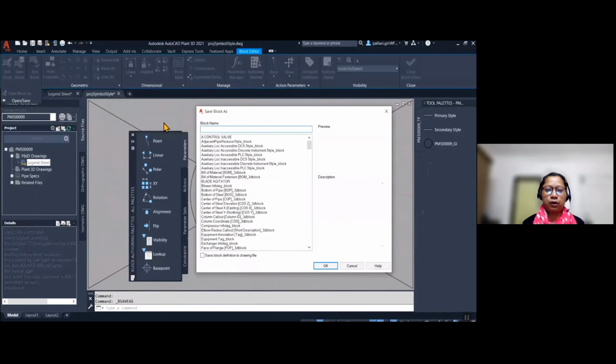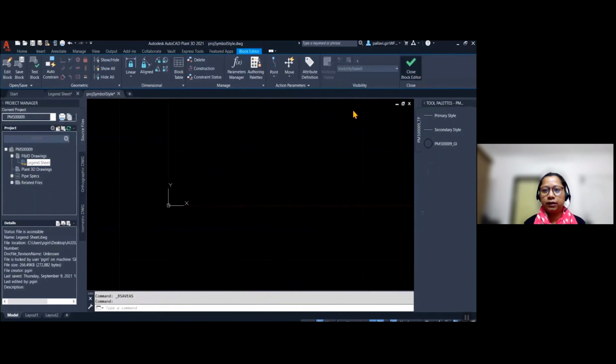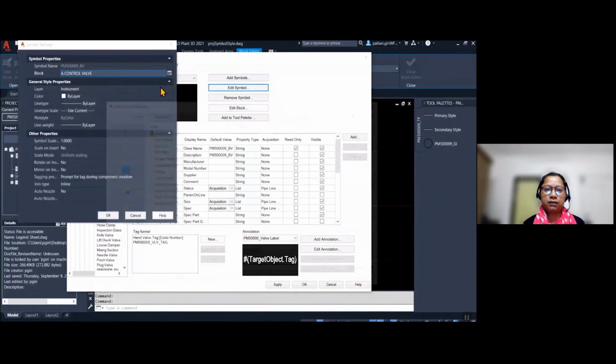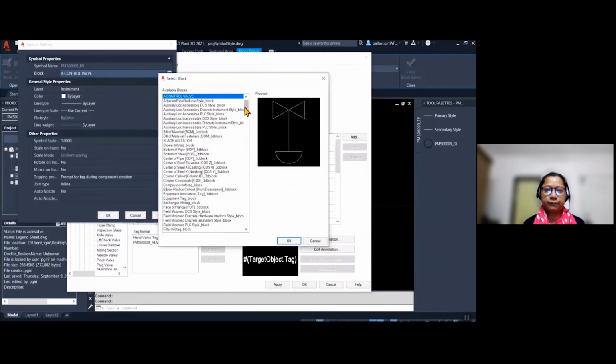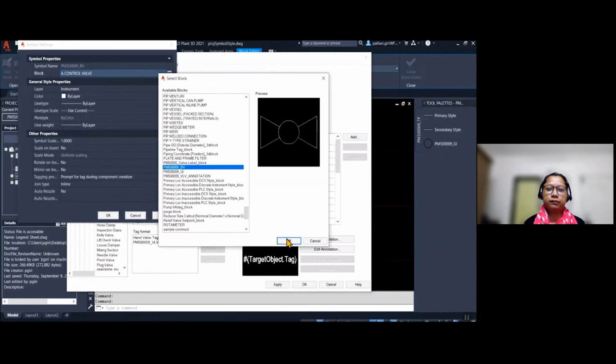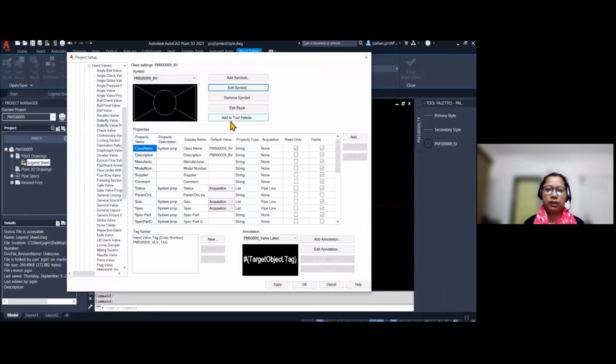Now I'm saving this block with a new name. Click on close block editor. And I need to select the symbol which is created by me. Click on OK, add to the tool palette.